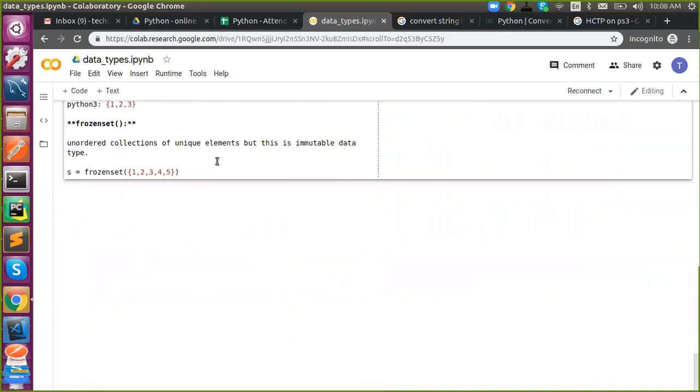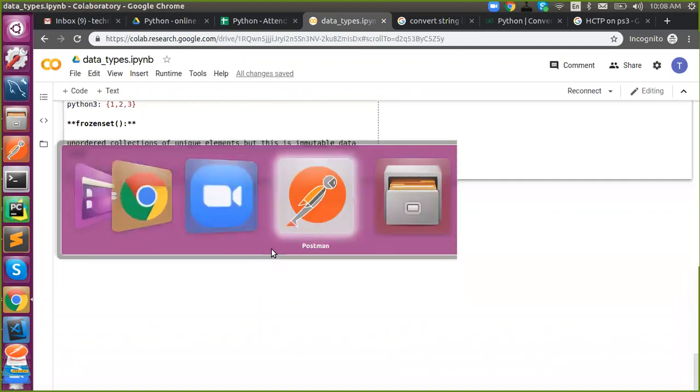Okay. So today we are going to see something called formatting in Python. That is kind of a concatenation which is available for string. So we'll talk about it.